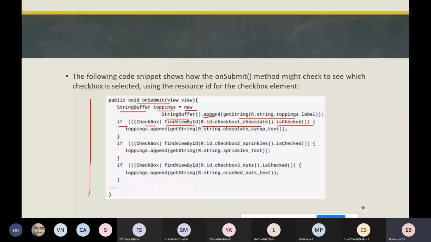In this statement, we are getting that checkbox, finding it, and also determining whether that particular one is checked or not. As soon as it finds that particular checkbox, it checks whether it is checked. If it is checked, we need to append that value to the topics string. This is how it works.